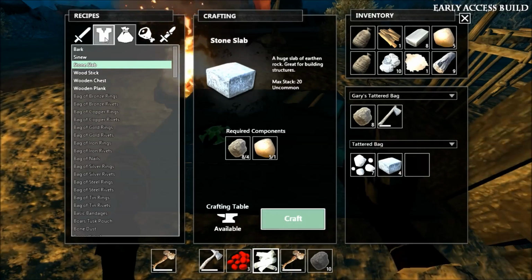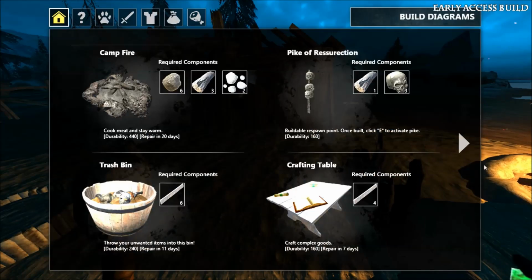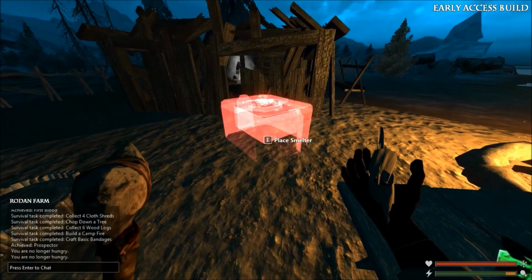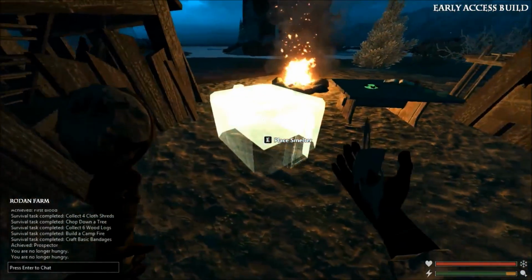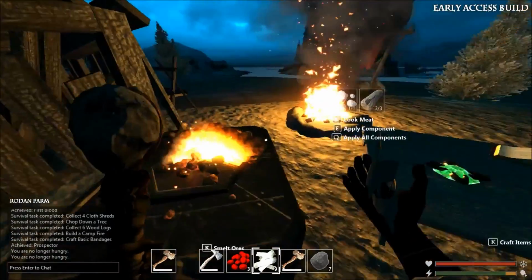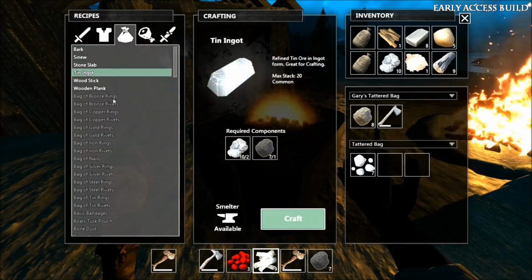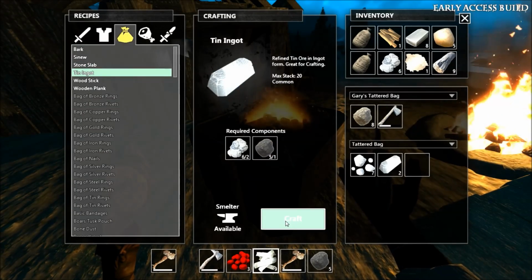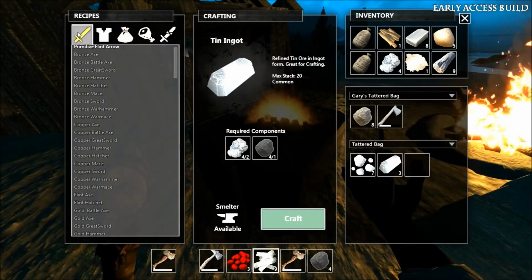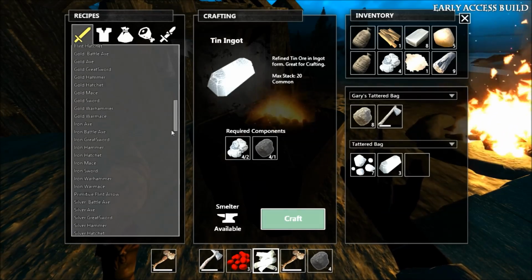And then we hit the J key, go over one, and you're going to want to build your smelter first. So we just put that bad boy, there we go. And of course, what do you think we're going to smelt first? We're going to smelt tin. I think it's 3. That's all we need to do to...